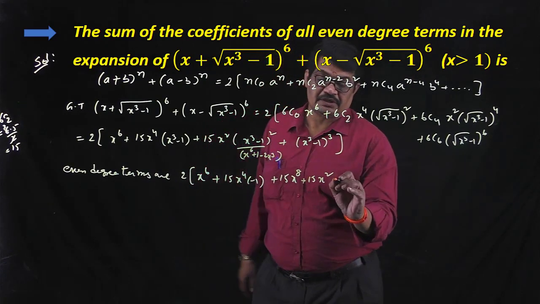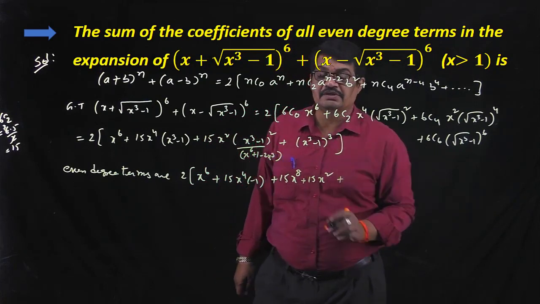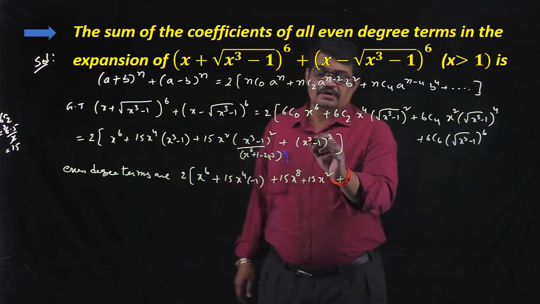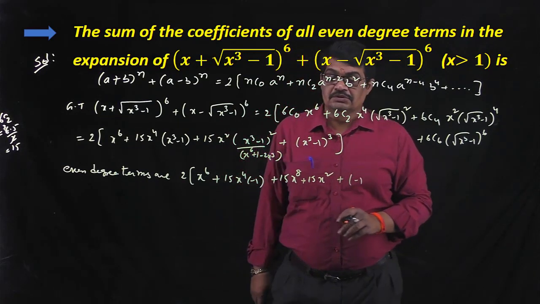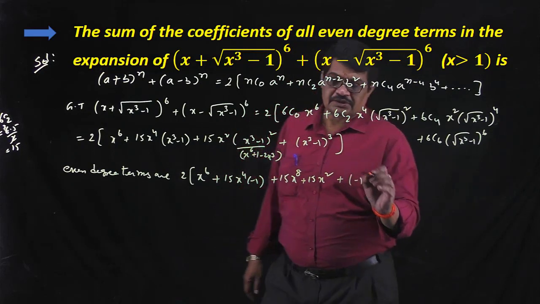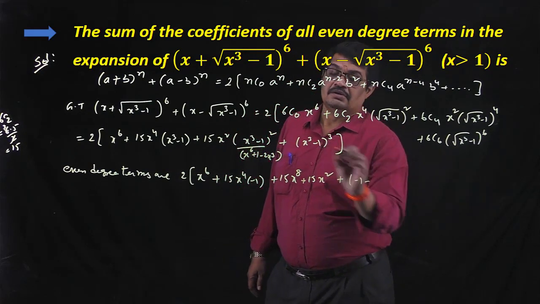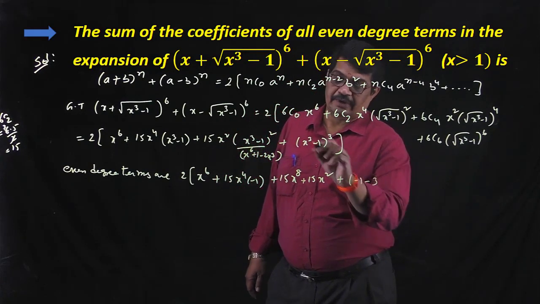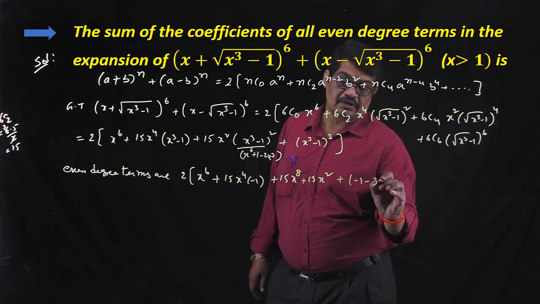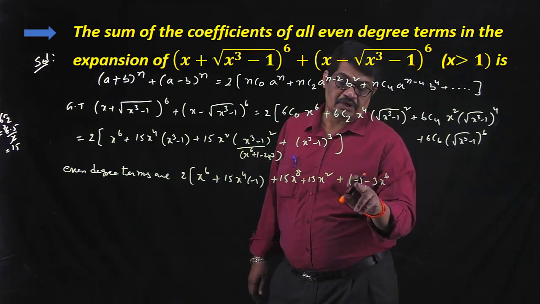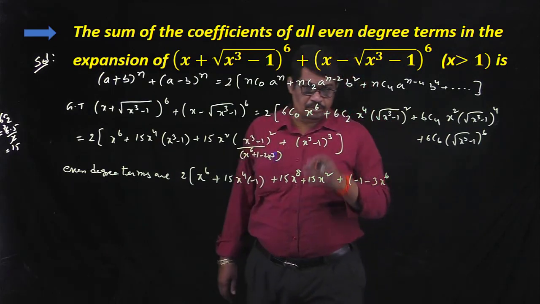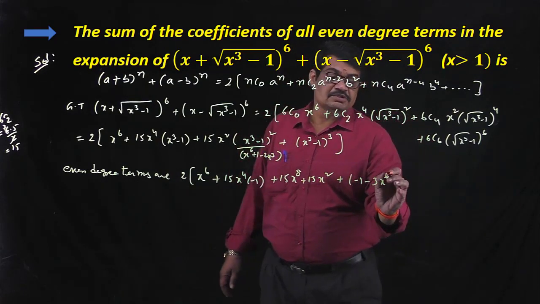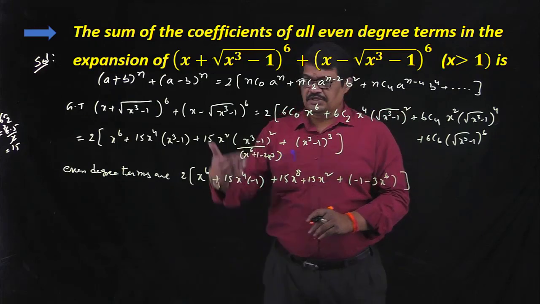So in this expansion, next in this expansion, so here x cube, that is a cube is here minus 1, a cube minus b cube. Next 3a square b. Next that is 3a square, that is 3 into x power 6, b is minus 1. Okay, minus 3x power 6 in this a minus b whole cube expansion. So these are the even terms in this expansion.